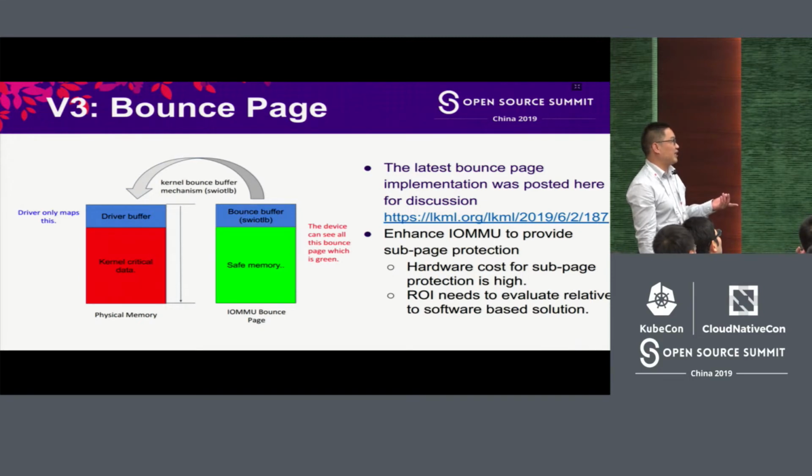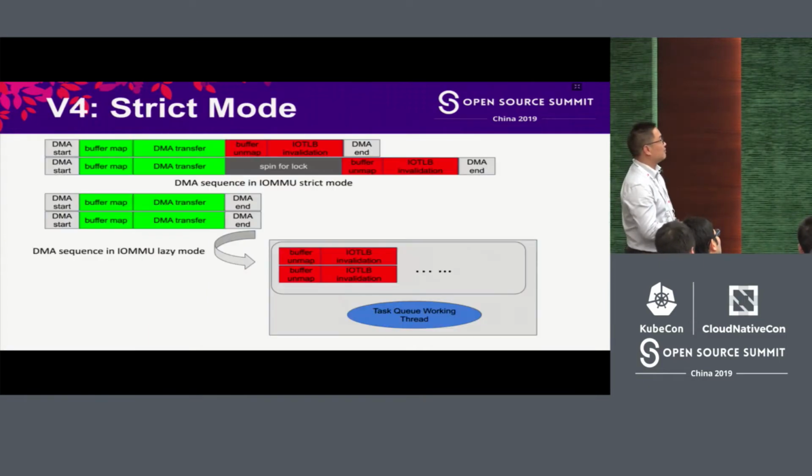So we're using bounce buffers for software. Then for hardware, we are also finding ways, finding paths. And ROI is pretty low, and the overhead, if you're using bounce pages, is too high, and we don't have a formal proposal yet. We're still weighing among possible solutions.